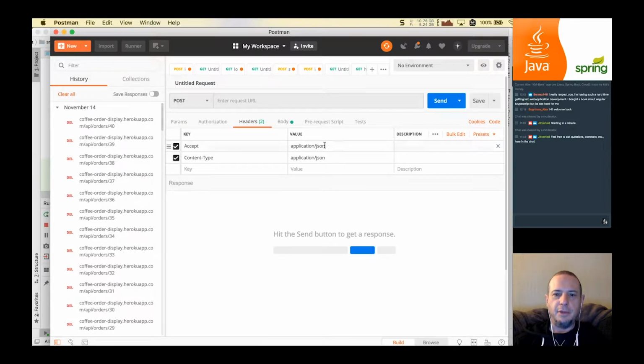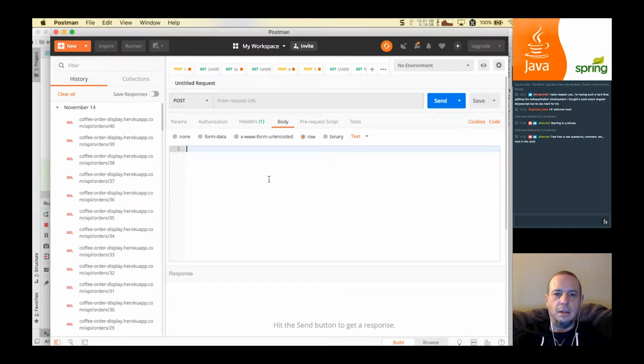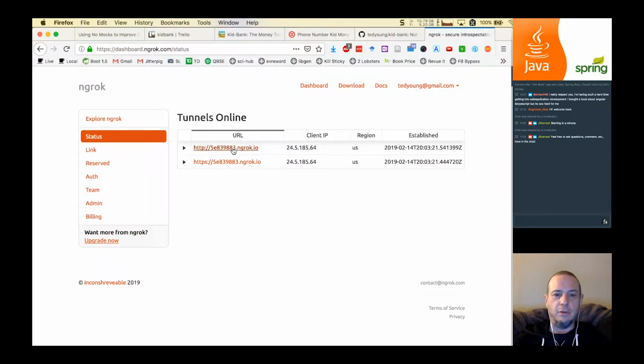So we'll actually accept application XML. I actually don't know what it's going to send, but I guess we'll drop that out. The body, I'll just say body equals balance, do something like that. I don't really care about the contents or whether it processes the post content correctly. I just want to make sure it hits it. So if we go here,